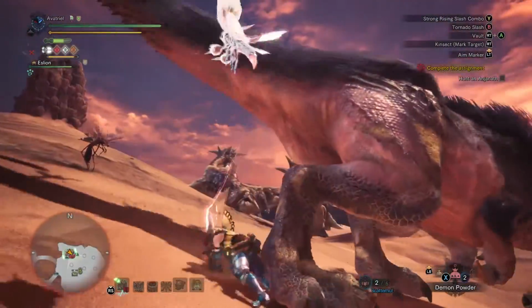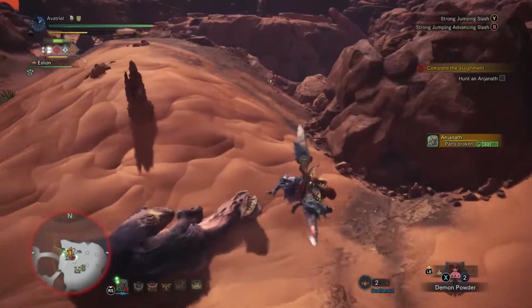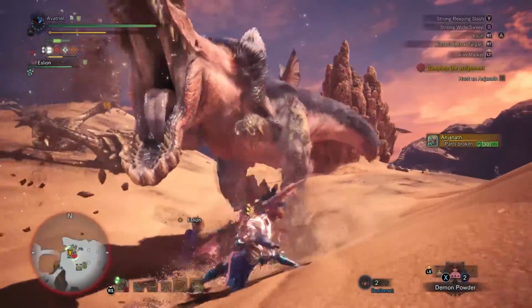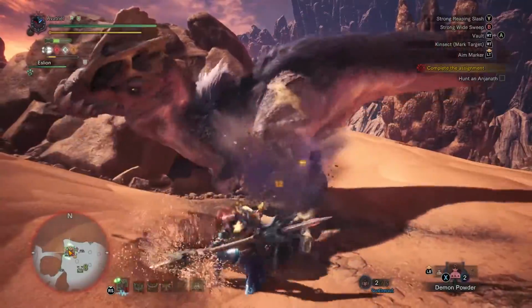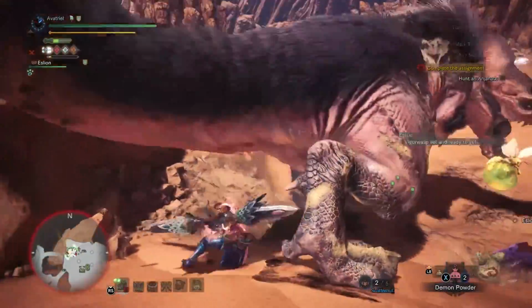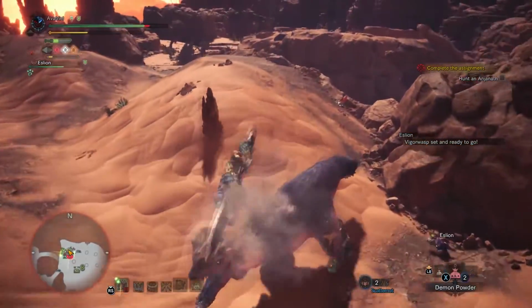The aerial attacks for the Insect Glaive, if you're interested in... Oh, yeah, I got that tail cut. Very happy about that. If you're interested in optimal DPS for the Insect Glaive, the standing forward A combo finisher is the highest damage attack, highest motion value for the Insect Glaive. And the ground combos in general have higher damage than the aerial combos, but the aerial combos are pretty fun,